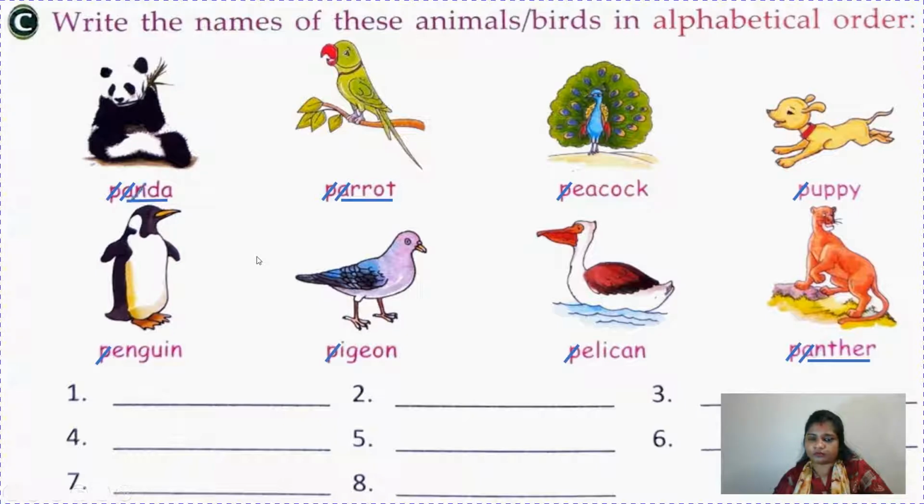So cut N. Now D and T. So obviously you know D comes first, so we will write here panda first and please strike it off. Then obviously panther is left, so we will write panther and again strike it off. Then here we have, see children, we were doing with panda, panther and parrot. Fine. So first we have written panda, then panther and parrot.